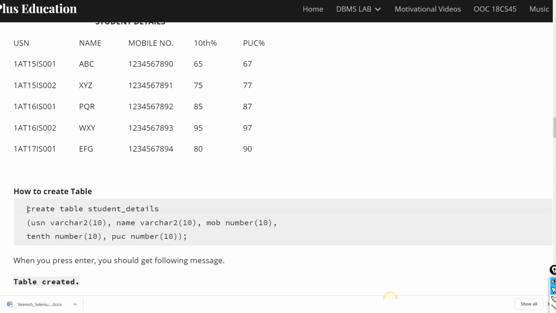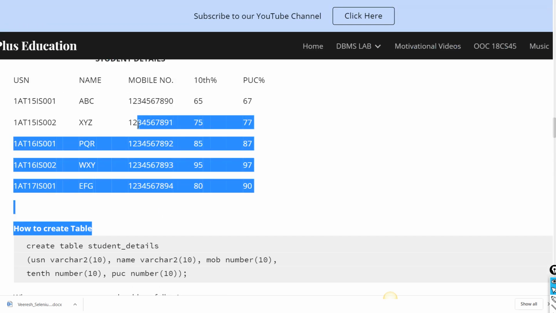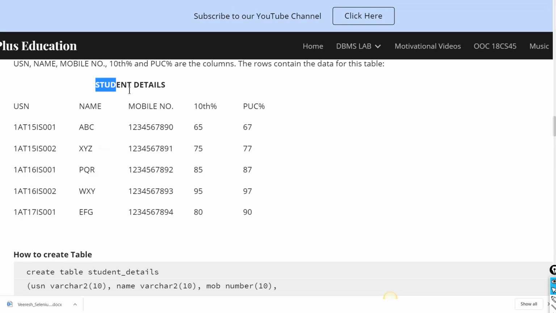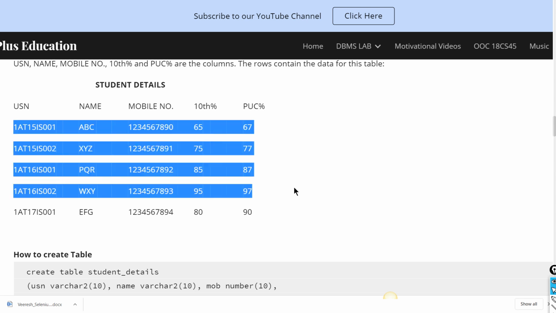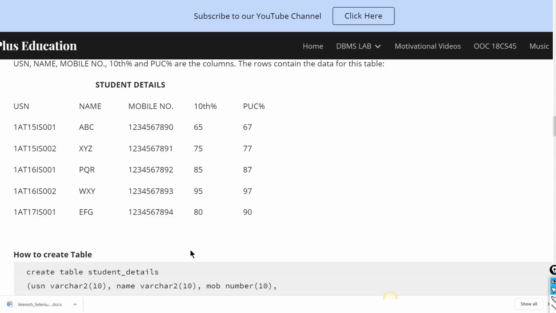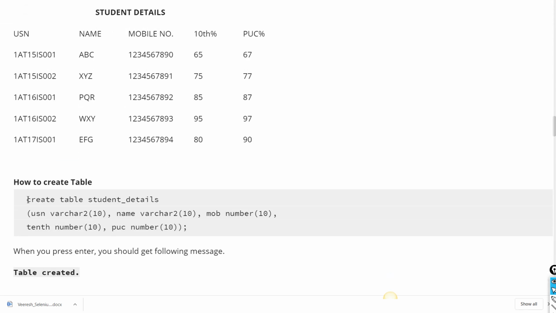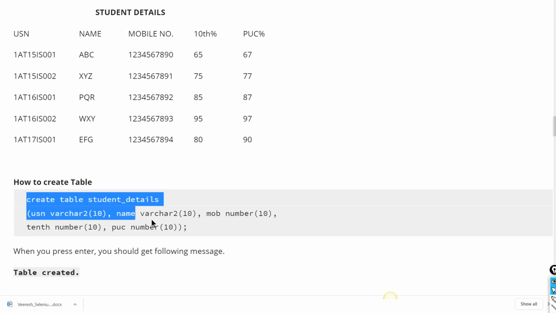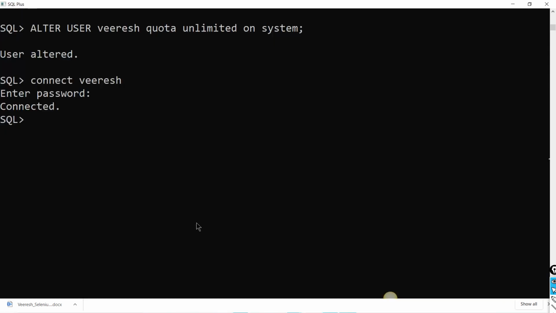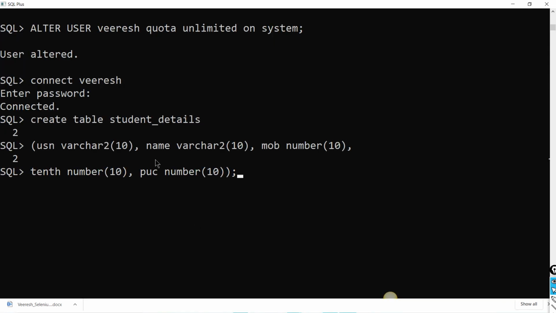Create table, table name. What is the table name? Student_details. The columns are USN, name, mobile number, 10th percentage, PUC percentage, and these are the values. Let me copy this in order to create the table and paste it here.